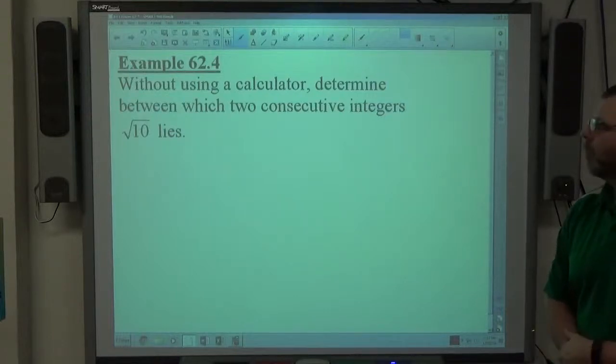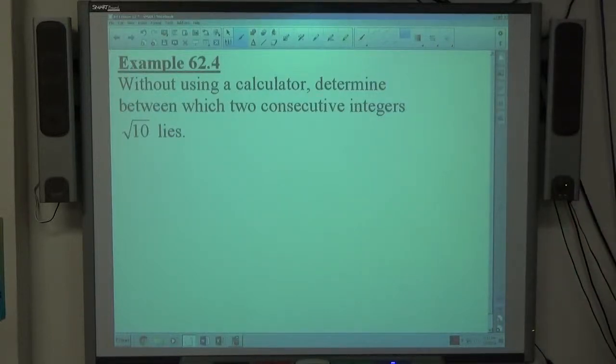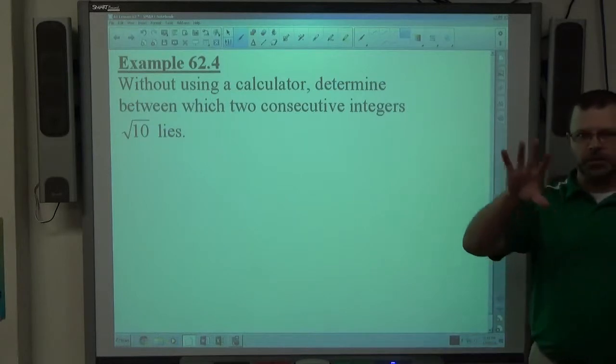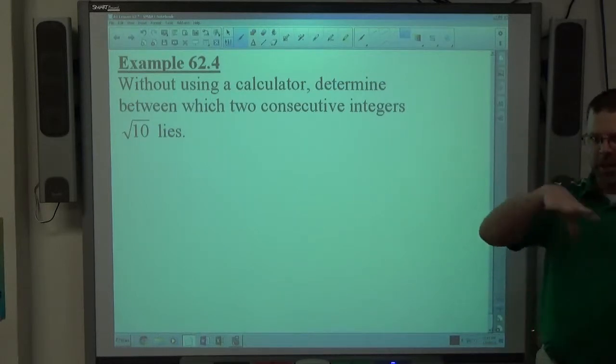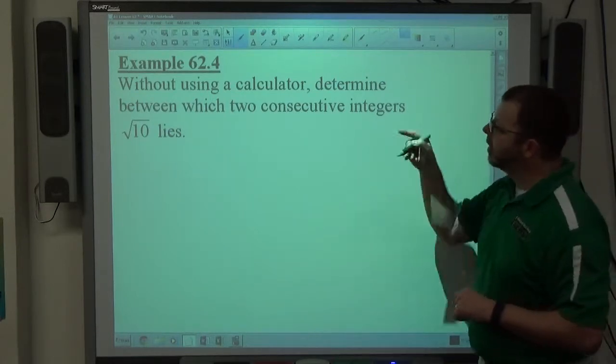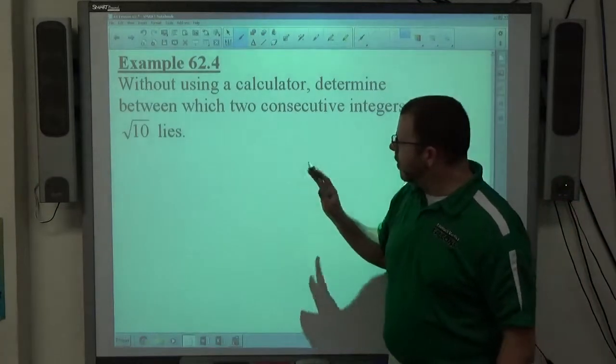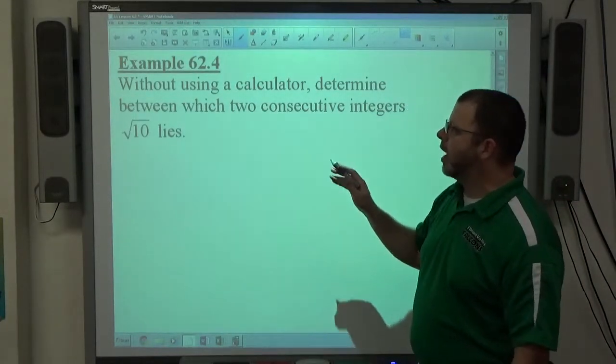Example 4. Without using a calculator, determine between which two consecutive integers the square root of 10 lies. You'll notice that 6.2.4 on your paper is up and to the right, above what we just did. I just couldn't fit what I had for example 3, so I had to move them around a little bit. But the square root of 10, the reason that we want to know that other page